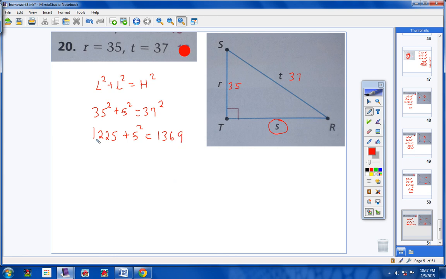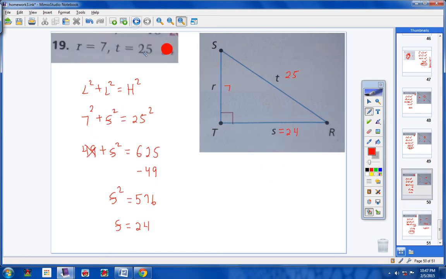Alright. Now, bring the 1225 over and make it negative. And you're going to get s squared equals 144. Obviously, the square root of s squared is s, and also, obviously, the square root of 144 is 12. So, s would be 12. So your ordered triple here would be 12, 35, and 37. That's called an ordered triple. Number 19, your ordered triple would be 7, 24, 25, etc., etc. Okay? Students, I really hope this homework help video has